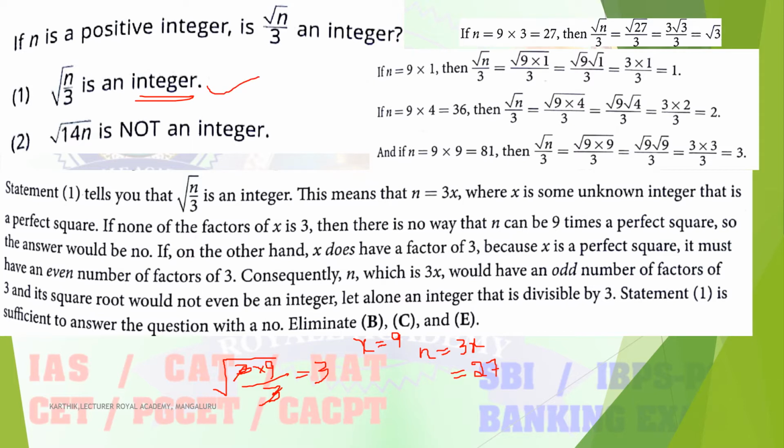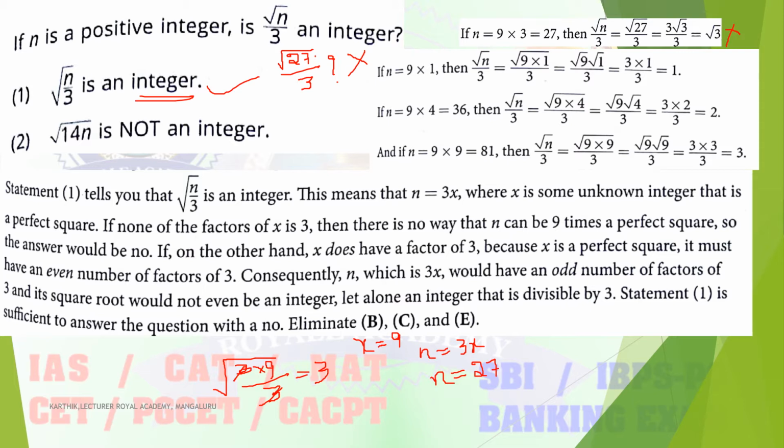Then whatever value you chose here, you substitute the same value into the question and find out whether it is an integer. So here n is equal to 27. You chose 27, which satisfies the condition and gives the answer 3, so it is an integer. Then you substitute 27 divided by 3, and the square root of that. Whether it is an integer, you already derived with 27 that it is not an integer. So you can easily tell it is not an integer.